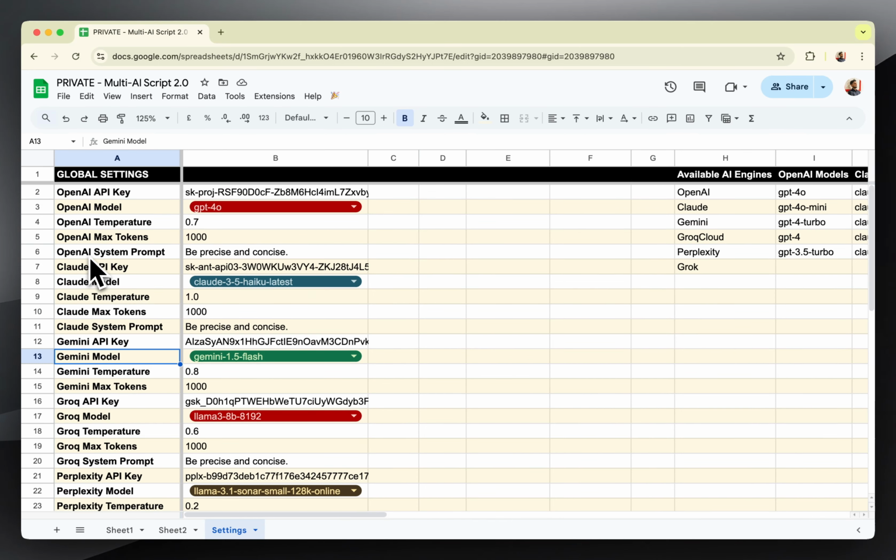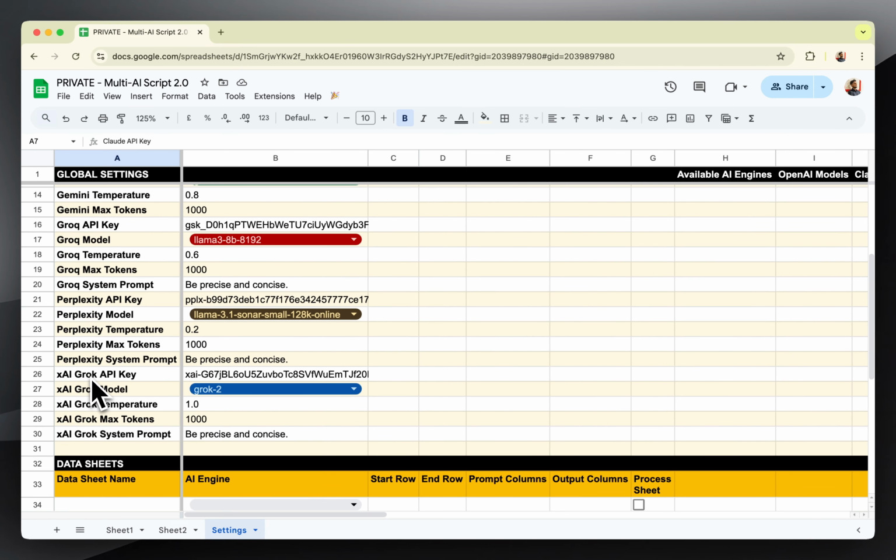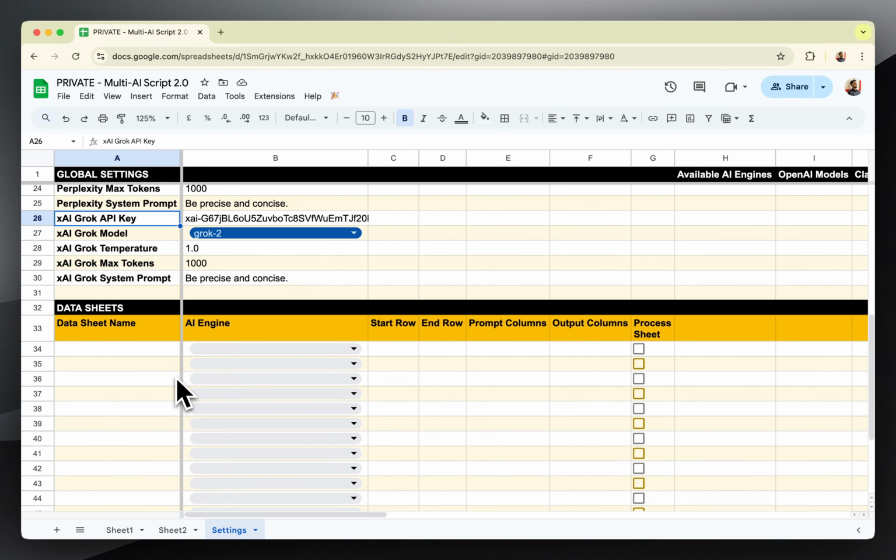For example, if you're only going to use the Claude API, then you just need the Claude API. If you're only going to use the Grok API, then you only need the Grok API. You just paste the API here and then you'll be ready to go. And in this case, I'll be working in sheet 1 and sheet 2. So I just have to provide the details over here, and then the AI content can be generated in